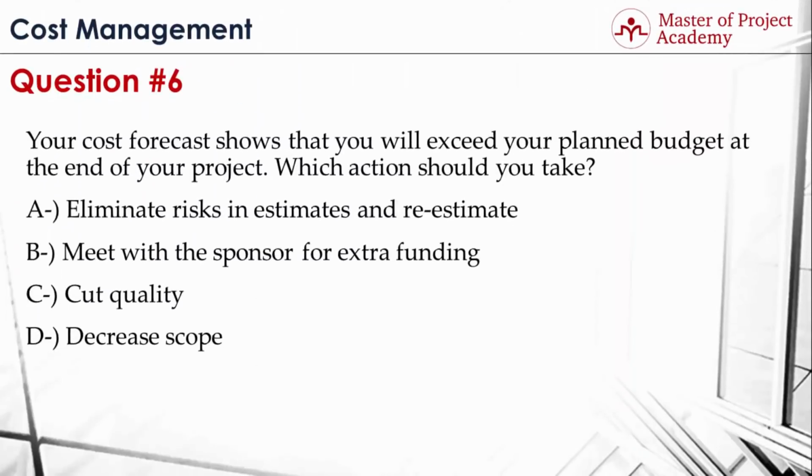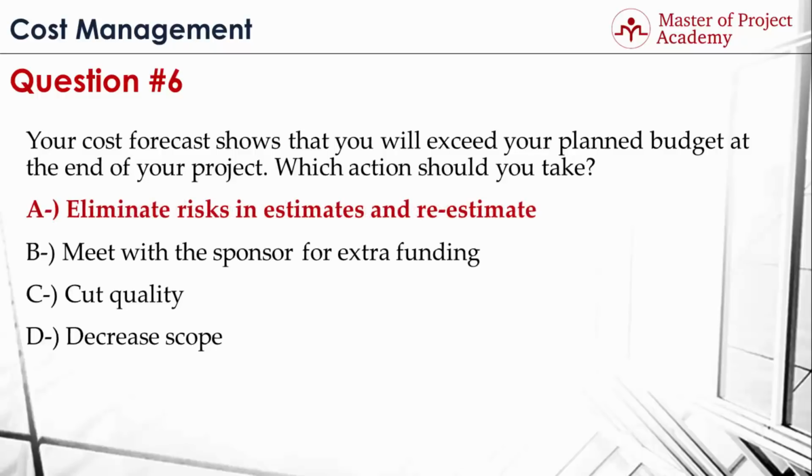Question 6. Your cost forecast shows that you'll exceed your planned budget at the end of your project. Which action should you take? A. Eliminate risks in estimates and re-estimate. B. Meet with the sponsor for extra funding. C. Cut quality. Or D. Decrease scope. The answer is